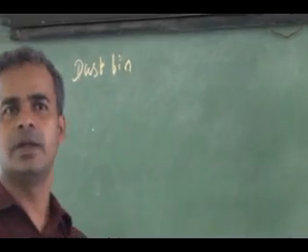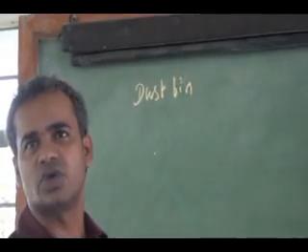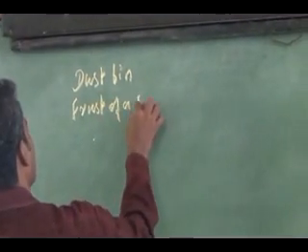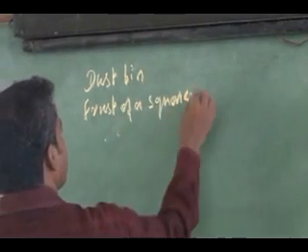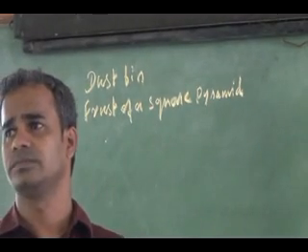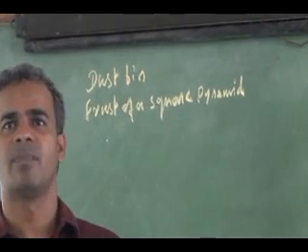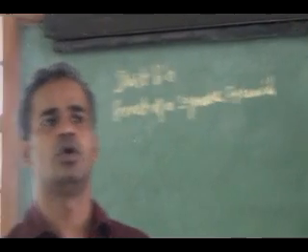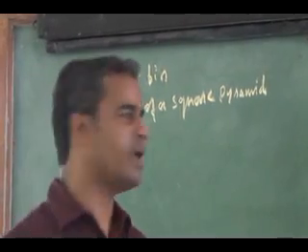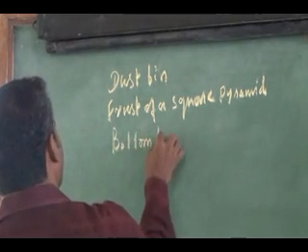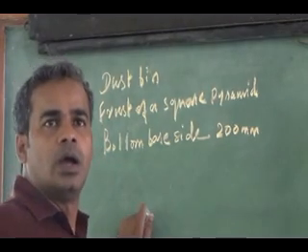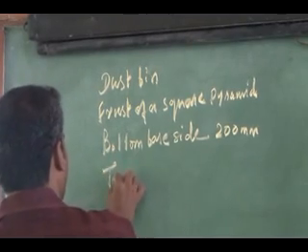Lateral surface development of a dustbin, which is in the shape of a frustum of a square pyramid. Bottom base side 200 mm, top base side